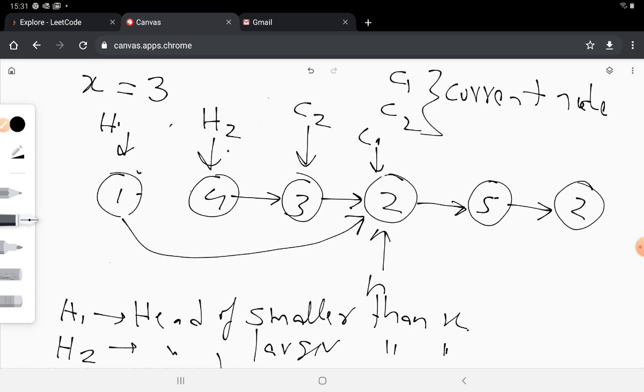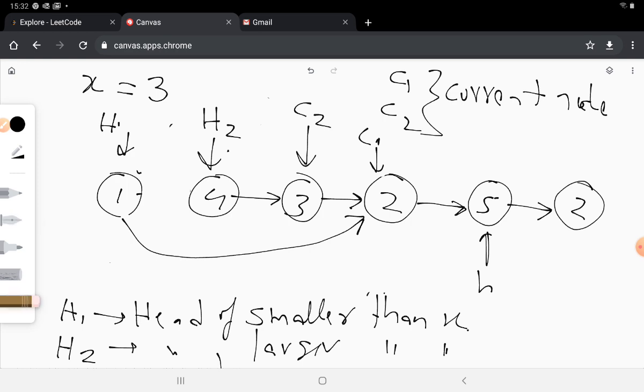Now let's continue moving forward. So now my head pointer should shift to 5. Now 5 is greater than 3. So in this case we would do the same thing for c2. So c2 would start pointing to 5, and the previous value of c2 would have its next pointer set to the current value of c2.